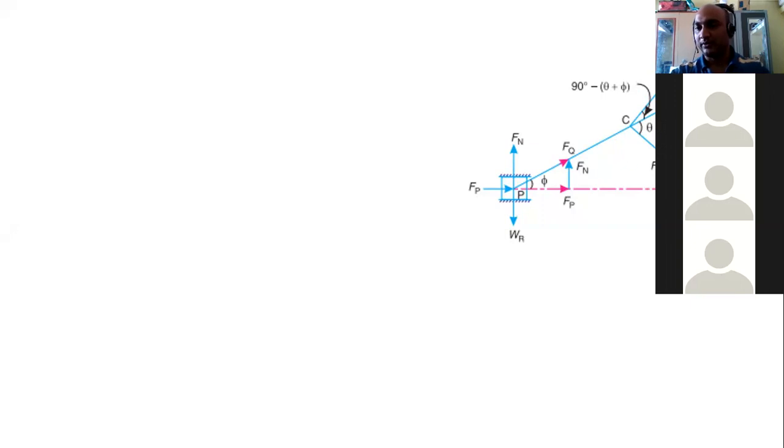Now what about this angle? This angle is theta. So obviously when you draw a perpendicular from this O line, we'll see this is 90 minus theta. Then this will become 90 minus phi. Then this is theta plus phi, and the remaining is 90 minus theta. So this is part of geometry. You can see that.